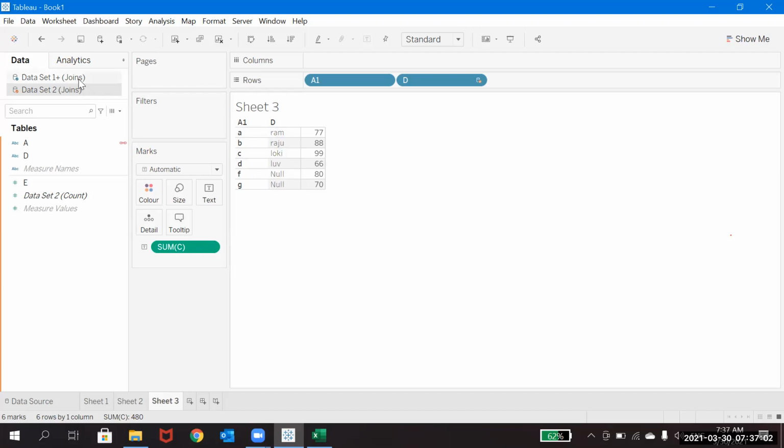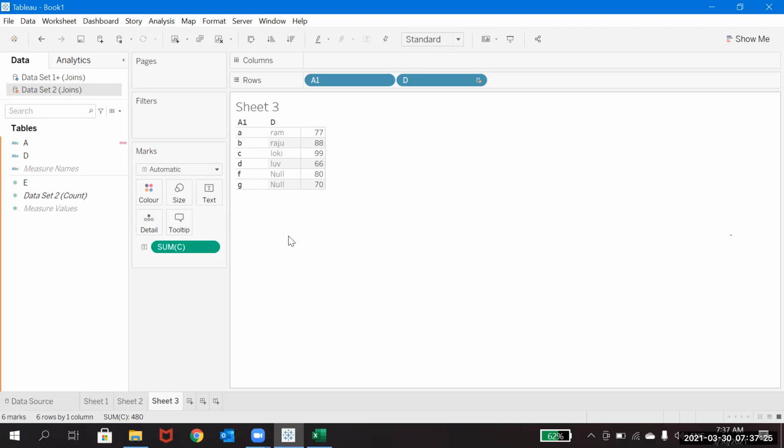If you observe, this is what happened here also. We are considering data set one as the primary data set, and from the secondary data set we are taking one column. When you compare A and A, these are matching, so it showed the result there, and the rest it showed as null. This is how the blending will show.